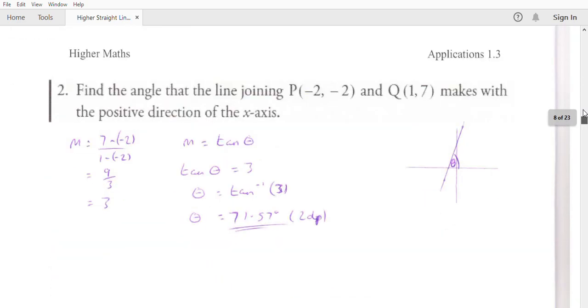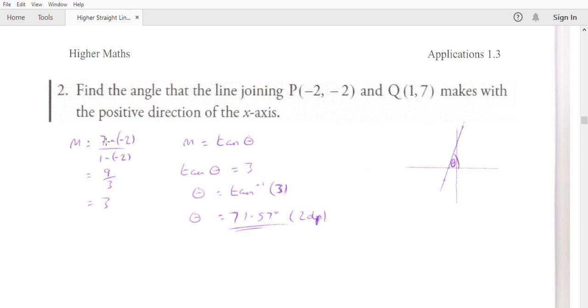Question number 2. Find the angle that the line joining P and Q makes with the positive direction of the x-axis. So I've not labelled this P and Q, but I've done a rough diagram just to look at what we're actually working out. So there's P, I've labelled with a dot, there's Q. We're asked for this angle here. What do we know about this angle? Well, we know the gradient of the line is equal to the tan of the angle. So let's work out the gradient of the line